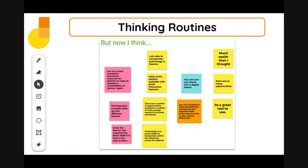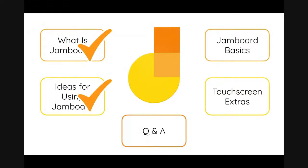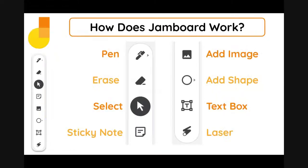But it also demonstrates and tells me about their thinking. So those are some of the ideas for using Jamboard. I've got about 5, 6 more minutes. We're going to talk about some of the basics for how does it work, and then we'll take some of your questions and answers. So there are basically 8 tools in the Jamboard, which make it pretty easy to use,